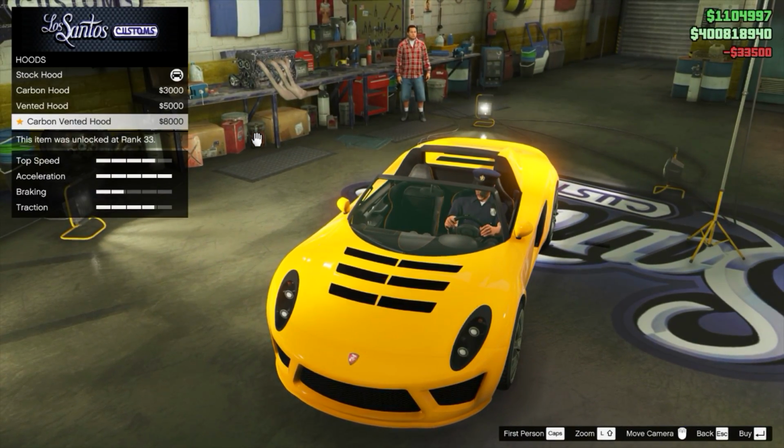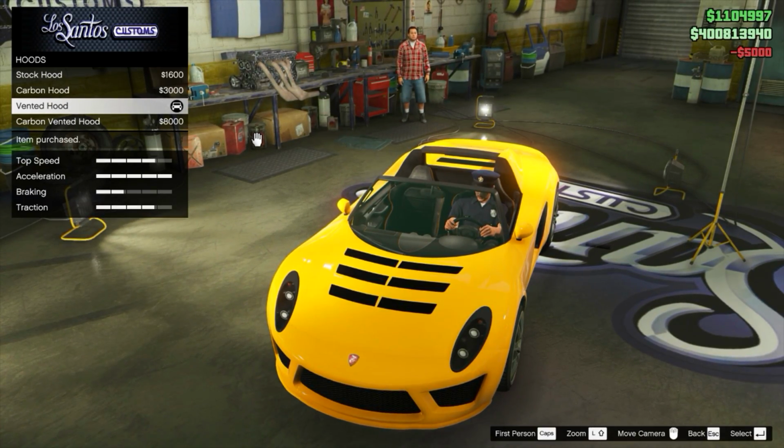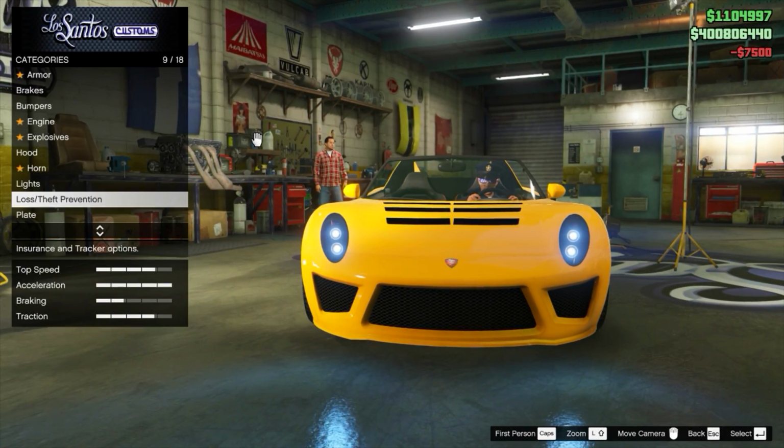You can also upgrade the hood as well, so if you want to, you can fit either a carbon hood, a vented hood, or a carbon vented hood. And again, I'm not really a huge fan of carbon hoods, so with the vented option,